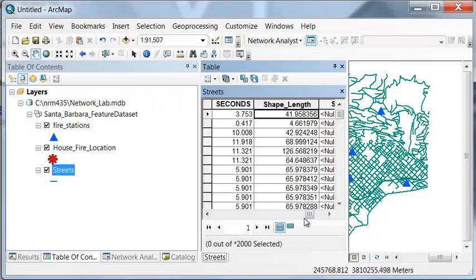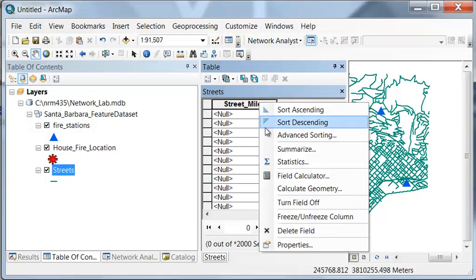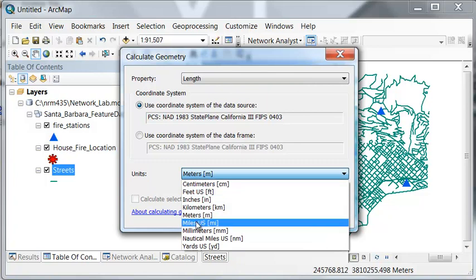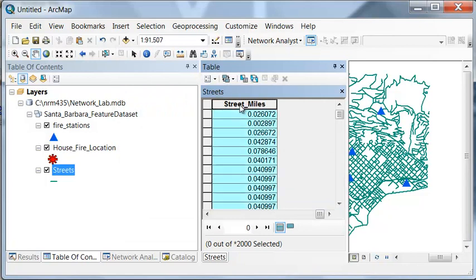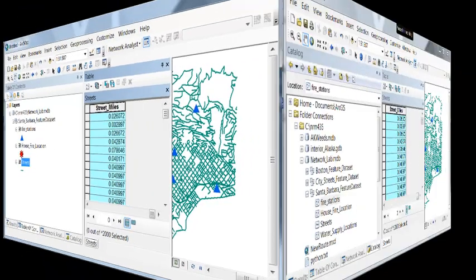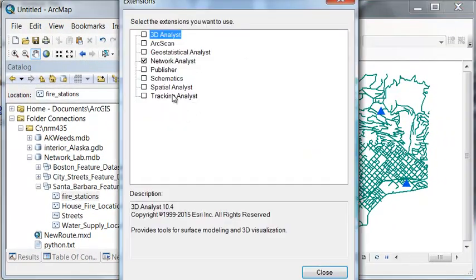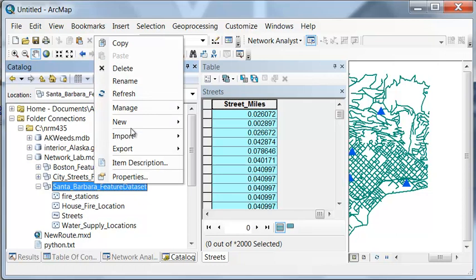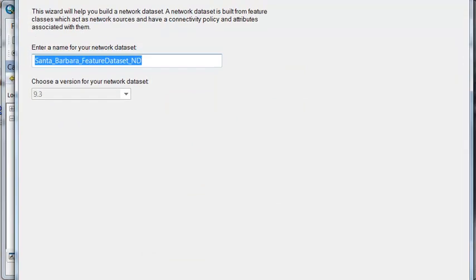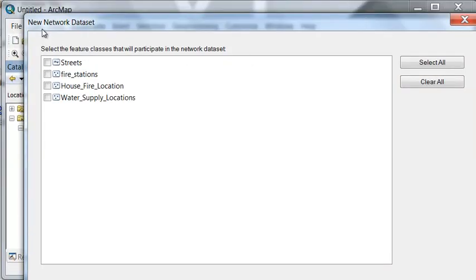So we add the double precision field, and then right mouse click, calculate geometry. And we want to know the distance along each line in US miles. Okay, so now we'll build our network data set with this field street miles. And once again, we have to have our network analyst extension checked on. So we go to our feature data set container and then right mouse click, new network data set, and we can name it whatever we want. I'll just take the default, and then next, and then the lines that we're going to use to build our new network data set. So the lines are our street lines, and then next, and then next,